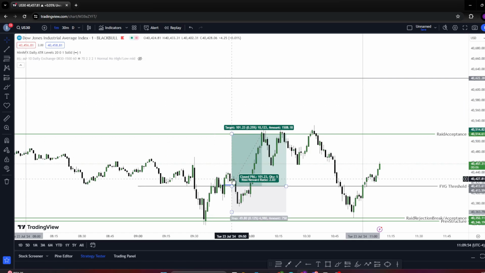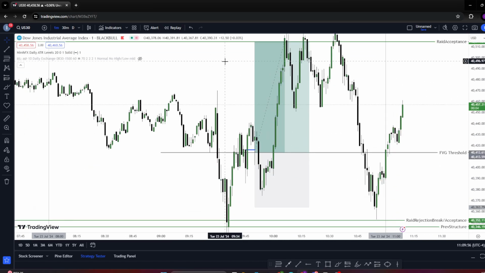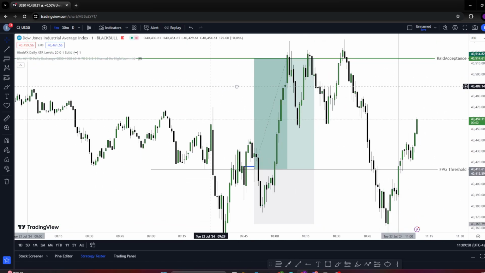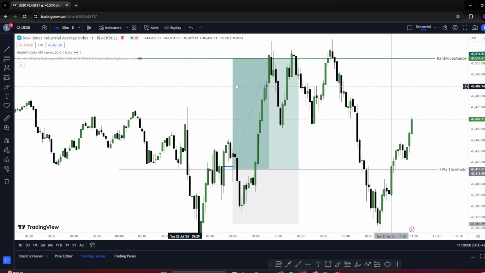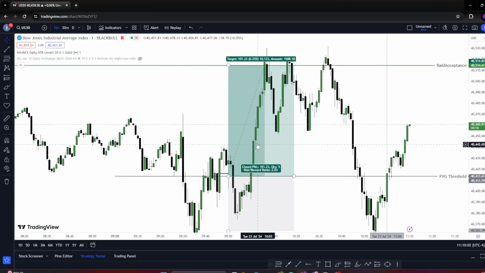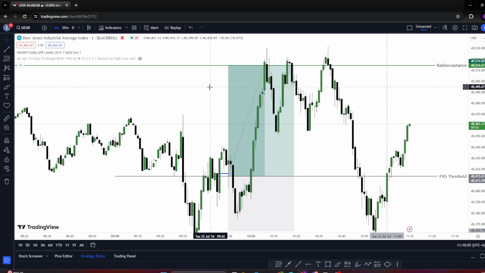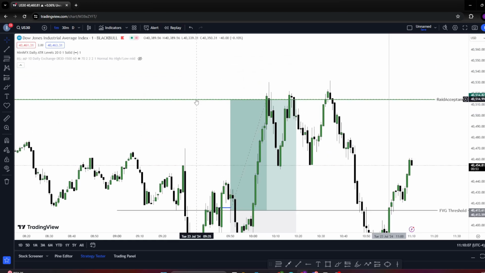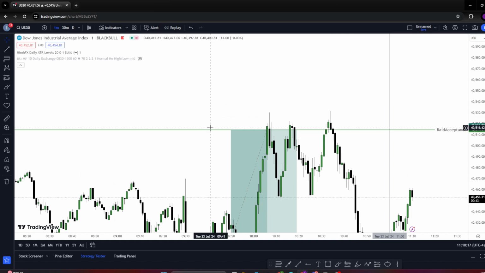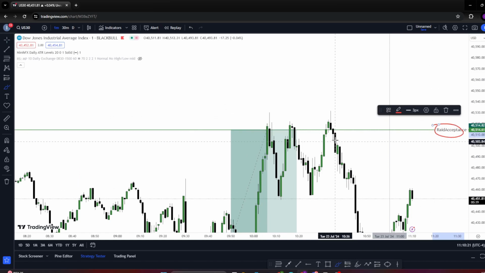I entered the trade. It went into drawdown, which is very, very normal. Nothing to be concerned about here. And then the market, with a nice push, reached into my area. Now, would I have been mad if the market kept on going higher? The answer is no. Because more often than not, I will be looking to take another trade up off this line. This would be a typical rate acceptance trade, as you can see over here,